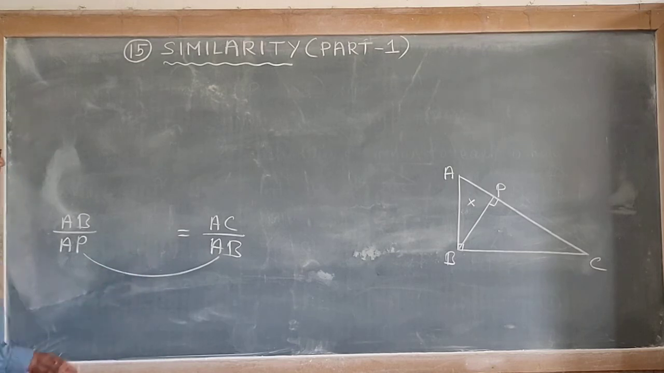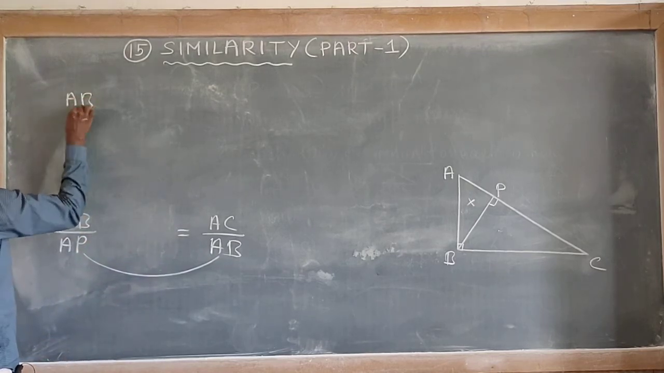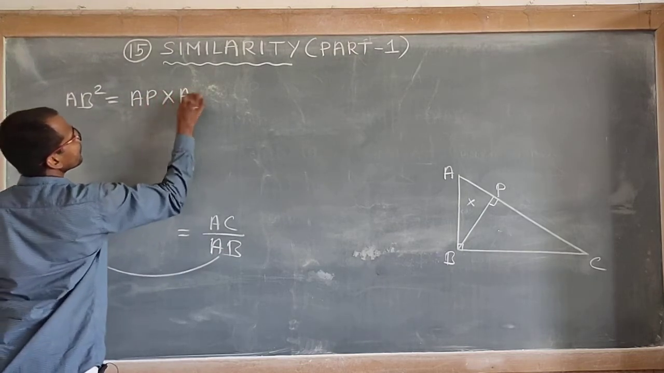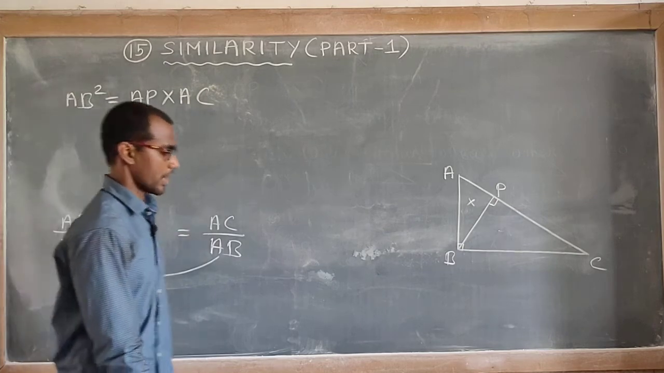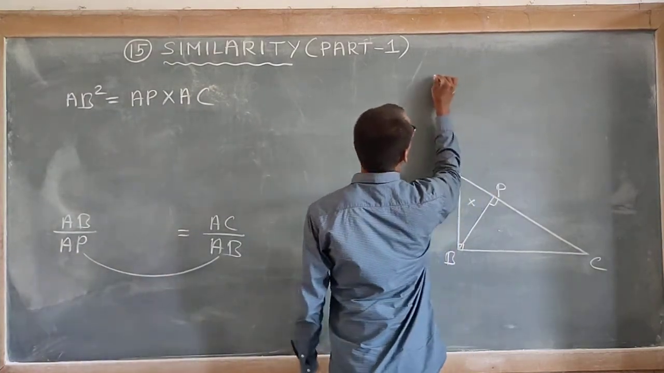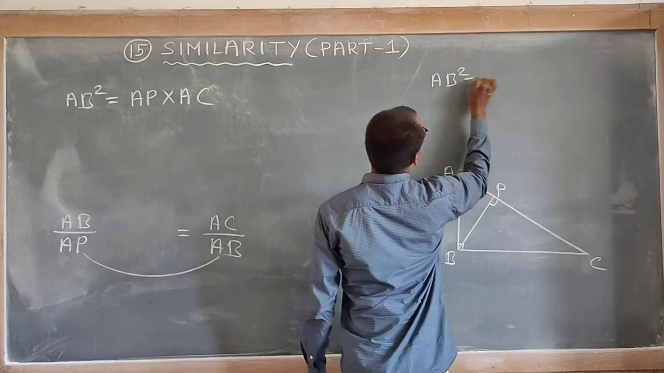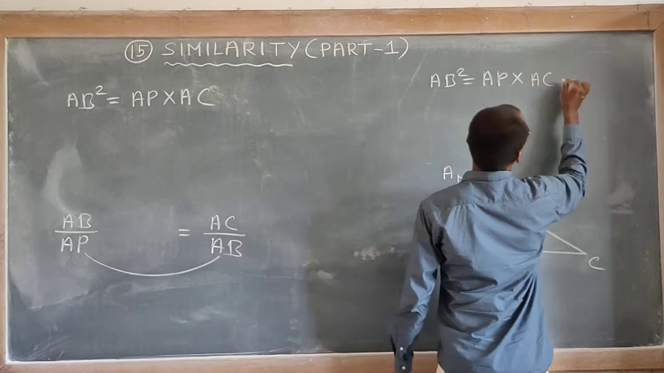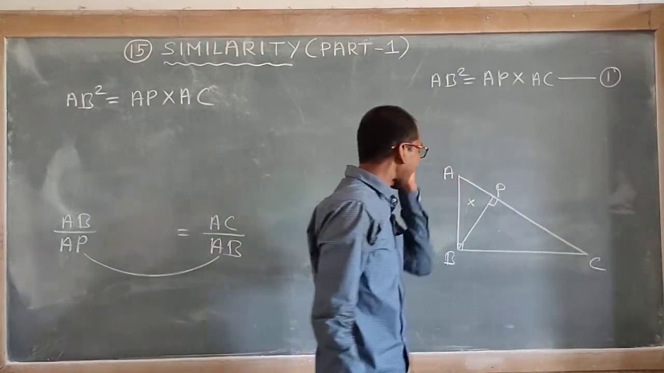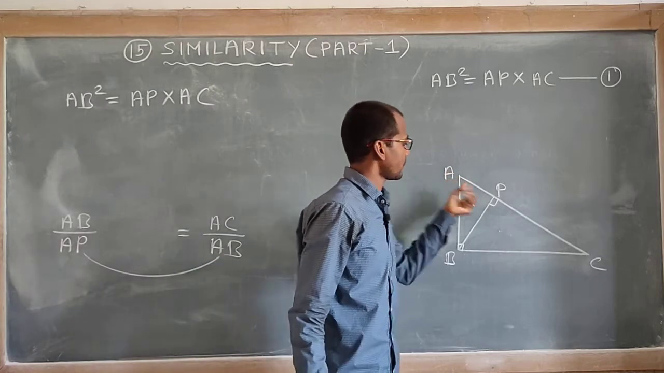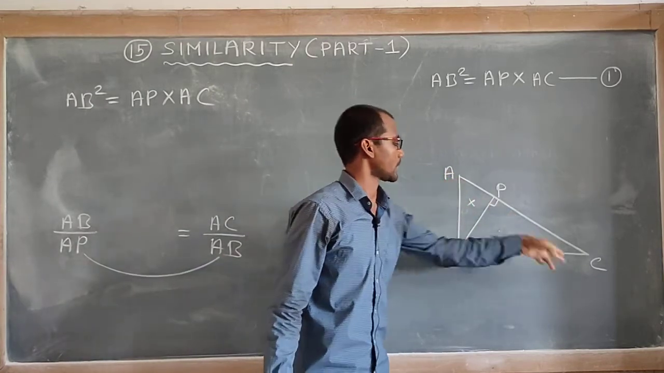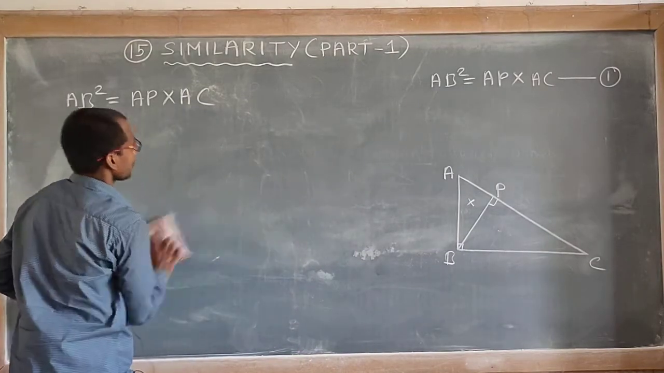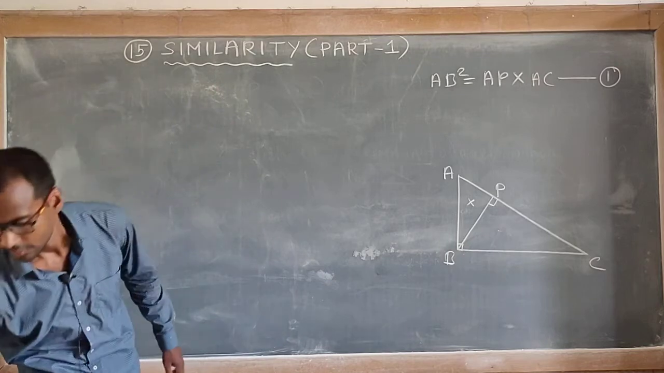If you cross multiply, you will get AB square is equal to AP into AC. Let it be equation 1. So I am writing here, AB square is equal to AP into AC, equation 1. This is one result we got. We proved similarity also. Now let us go for